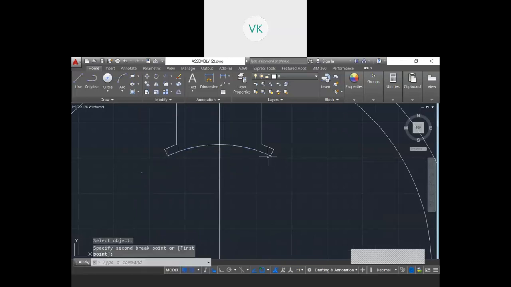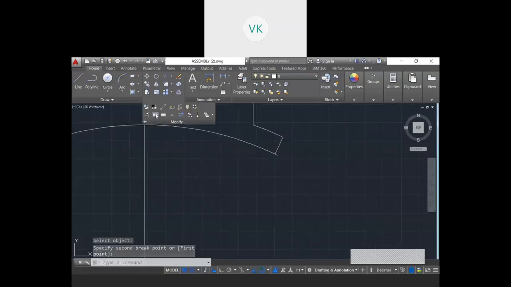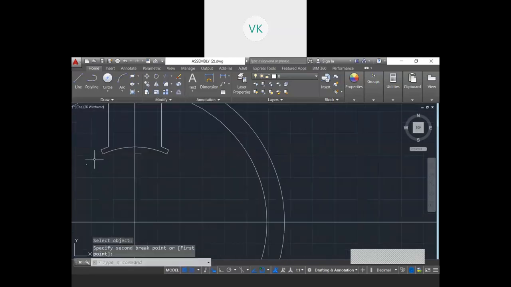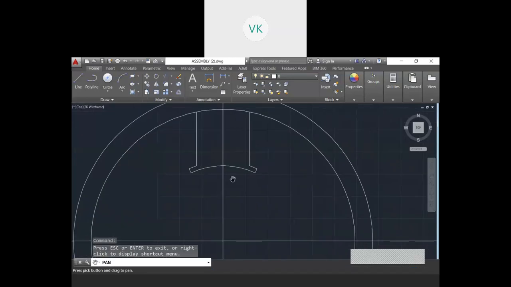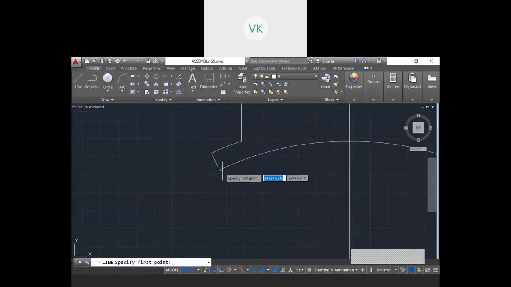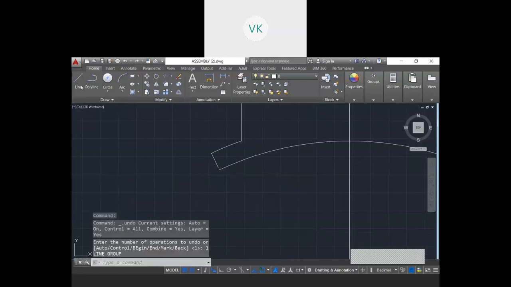So there are many other shortcut commands available. If you are very good at that, you can make use of those things. So you can avoid these kind of small mistakes here. So I'll extend this. In a second, I will redraw.